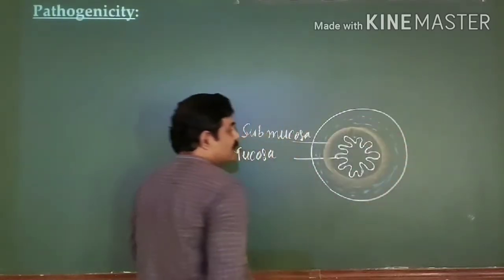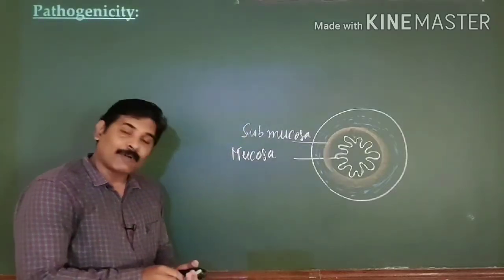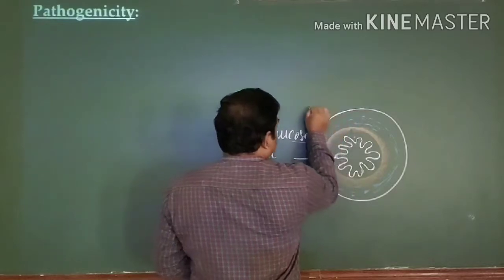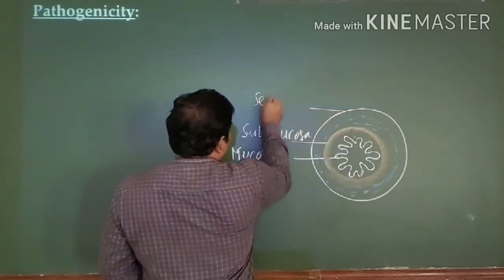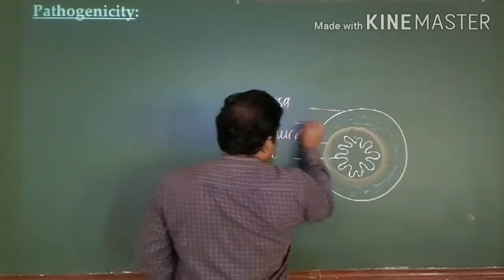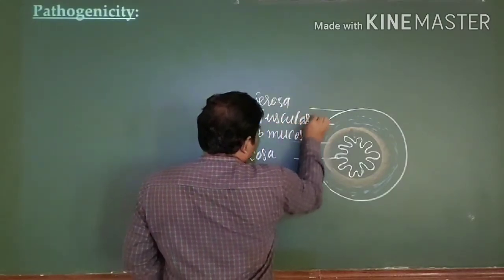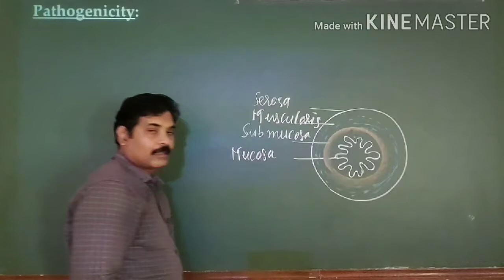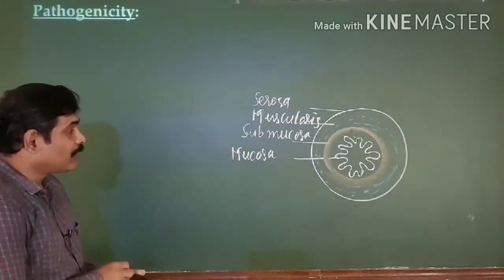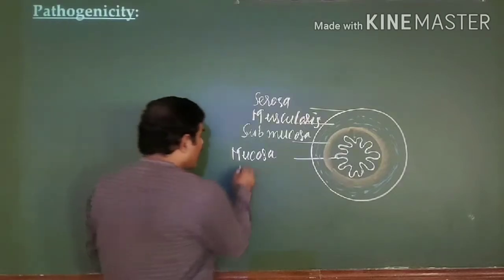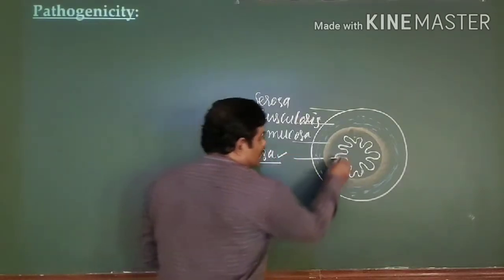This is what we call the muscularis, and that is followed by the serosa. The outermost layer is known as serosa, whereas this one is known as muscularis. Clear? Now my point, the trophozoites are the stage of Entamoeba histolytica which are initially present